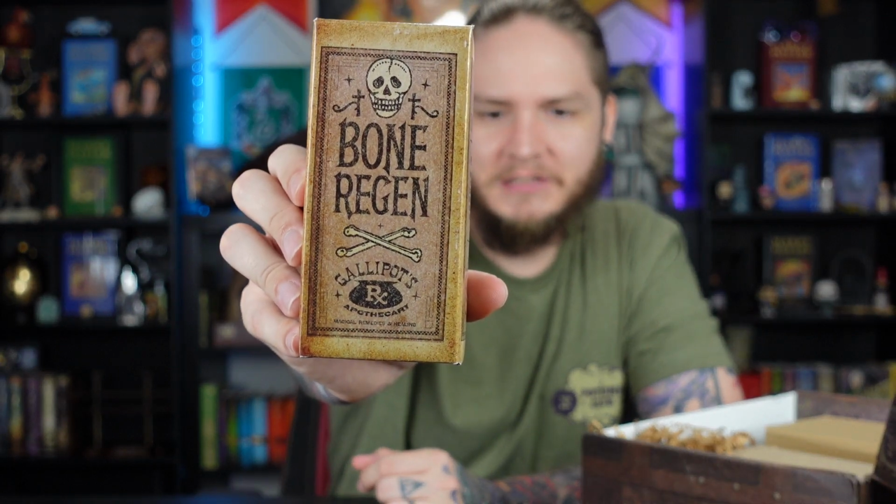Alright, what do we want to go to next? We've got 4 boxes left. Let's go ahead and go to this because it's really catching my eye because it says bone regen and I don't have anything Skelly Grow, and I'm going to guess that this is Skelly Grow related. So the box is really cool. It says bone regen,